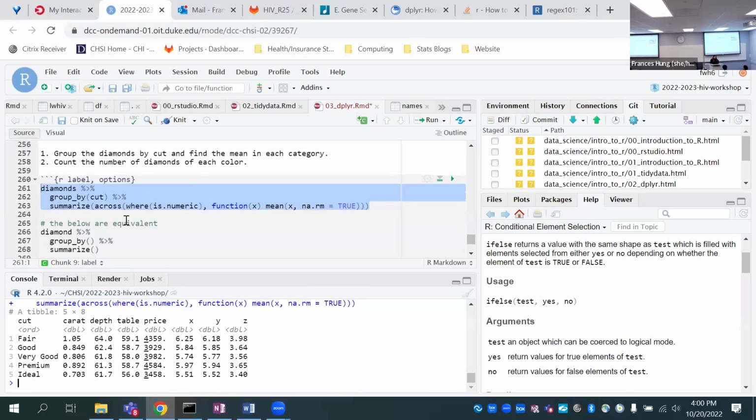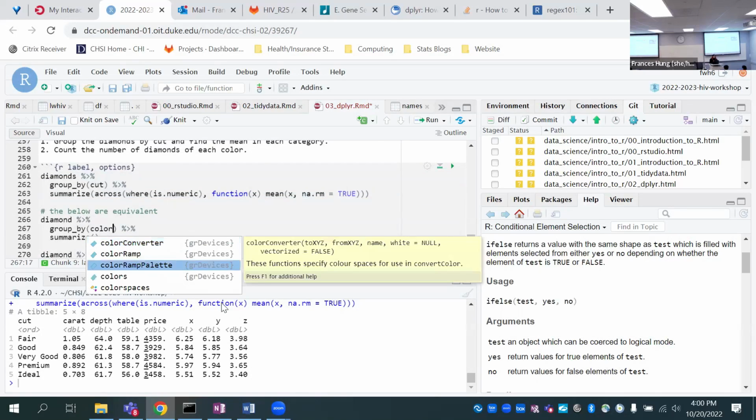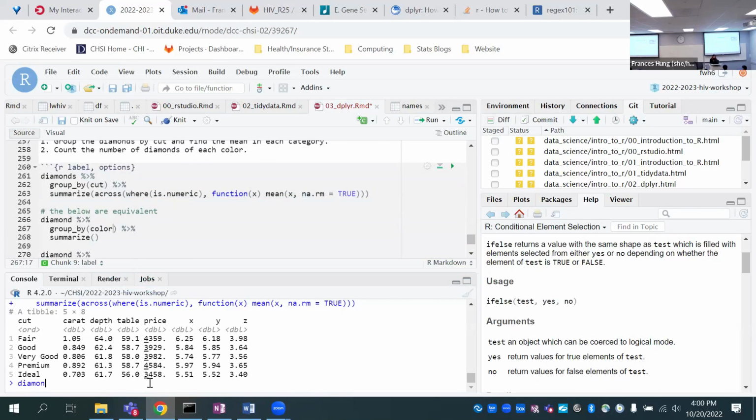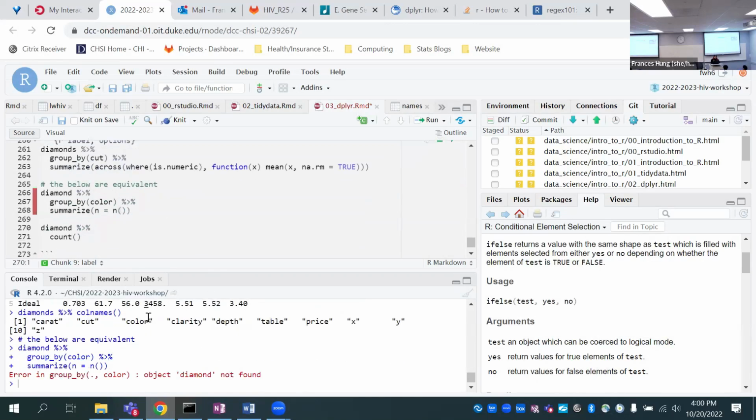So now let's do the second problem, where we count the number of diamonds of each color. What we can do in this case is group by color, and then we can use a function to summarize it called, I believe, n. Diamonds.